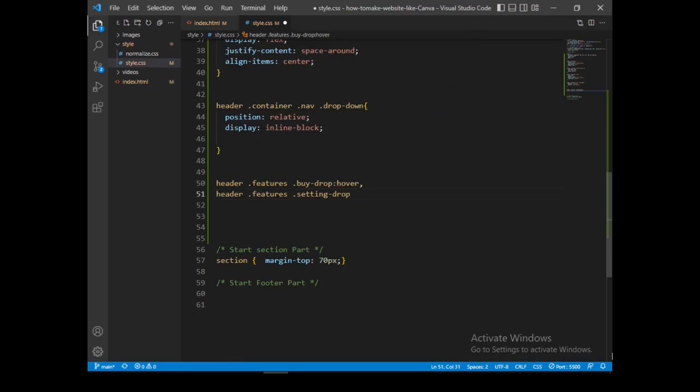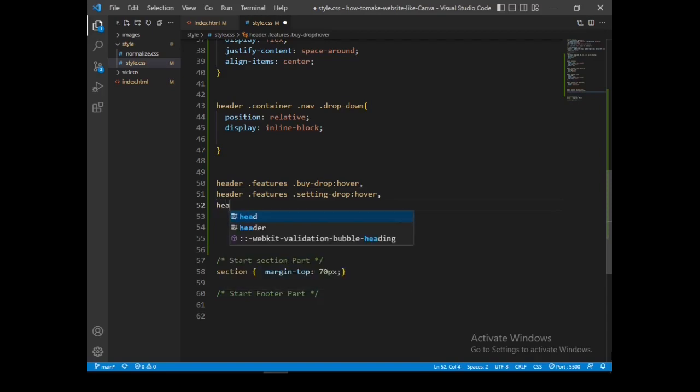On hover, let's have the header, and let's have the nav dot dropdown.